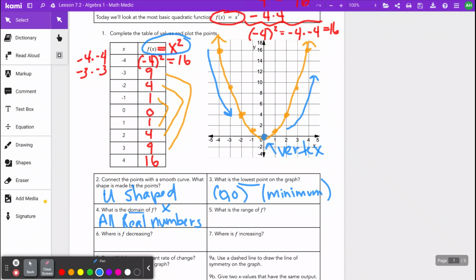What is the range? Now remember, the range are the y values. And when I look at this graph, it looks to me like my range is limited. Like, I graphed 0 and I graphed 1 and I graphed 4, but in between, 2 got graphed, and in between, 3 got graphed, and in between that the decimals all got graphed. But what I noticed is that nothing below 0 got graphed. Okay, and so my range is all y's